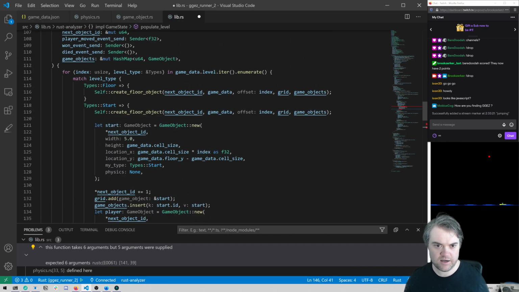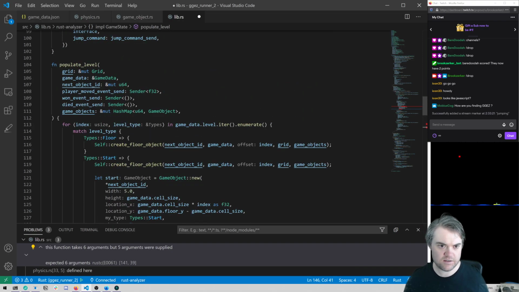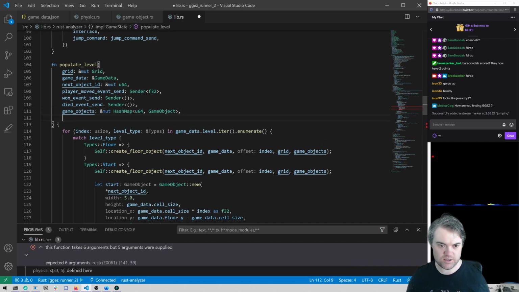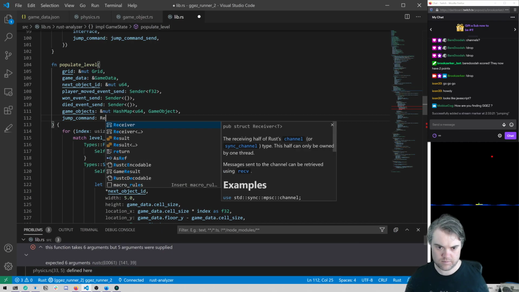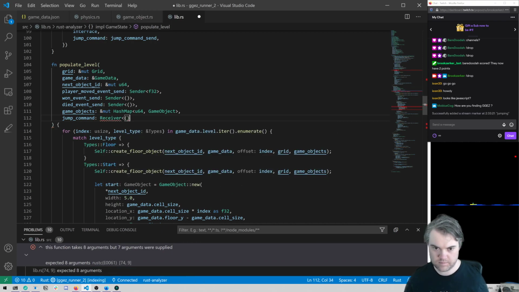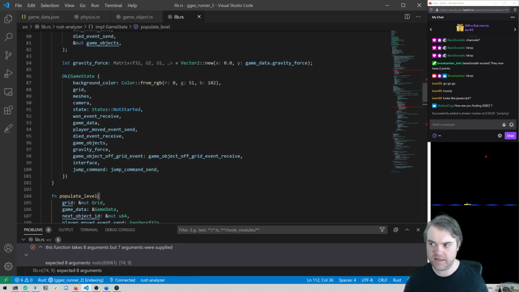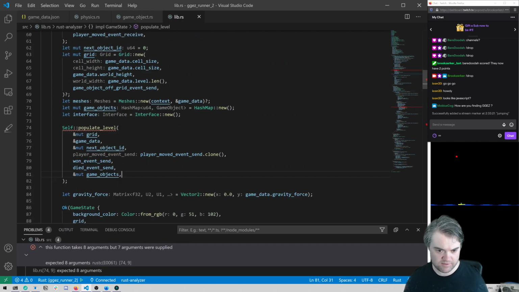Okay, so that's in the player. So in here, populate level, we're going to take in a jump command. Like that. And then up here to populate level,